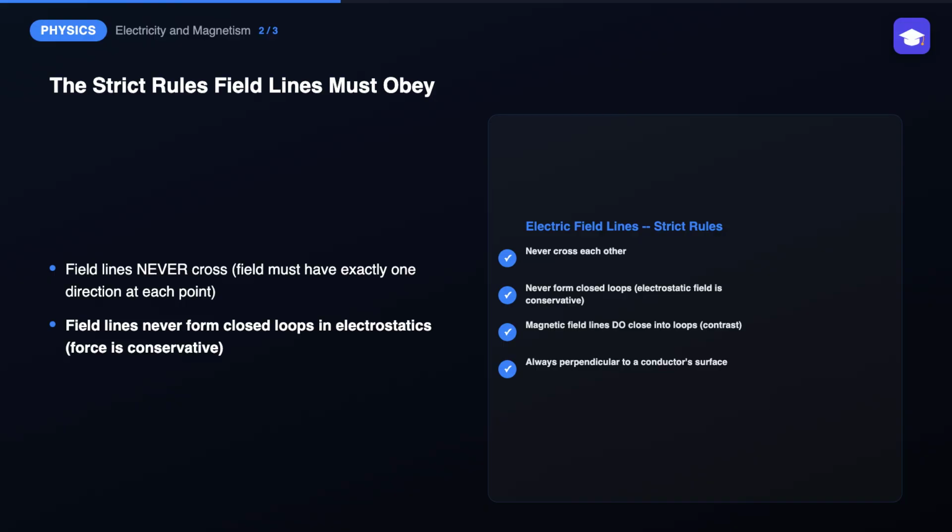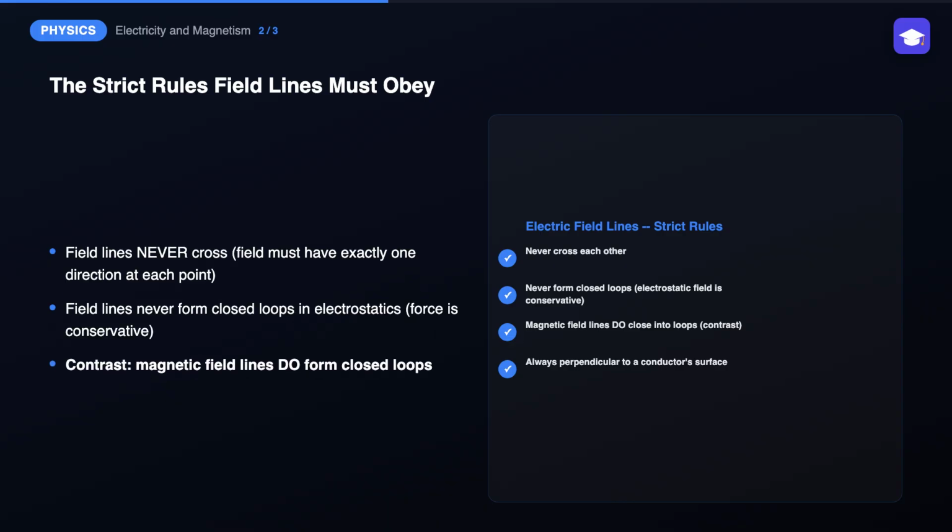Field lines also genuinely never form closed loops in an electrostatic field, since that would imply doing net positive work on a charge moved all the way around the loop and back to its starting point, which would violate the fact that the electrostatic force is conservative. This specific property distinguishes static electric fields from magnetic fields, whose field lines genuinely do form closed loops